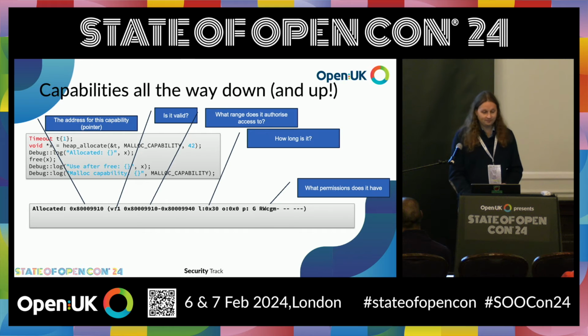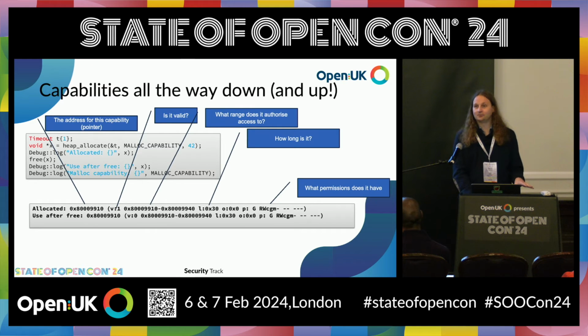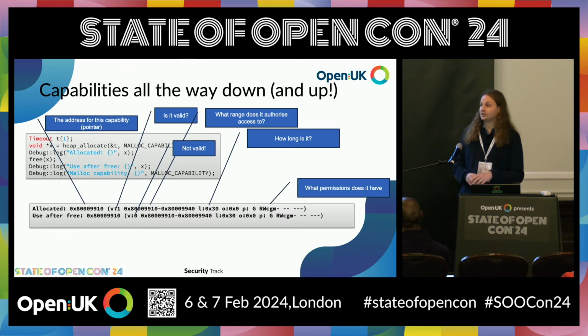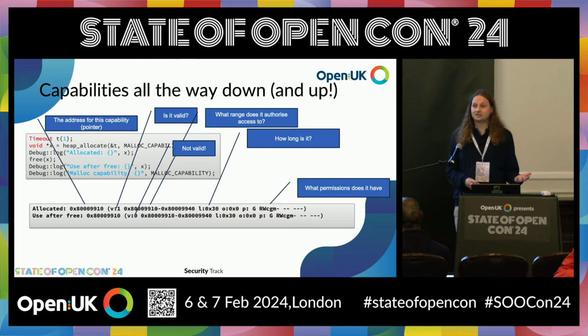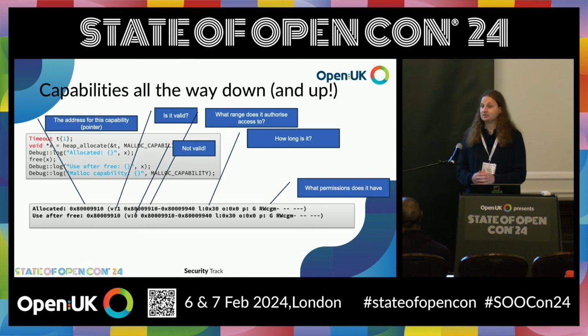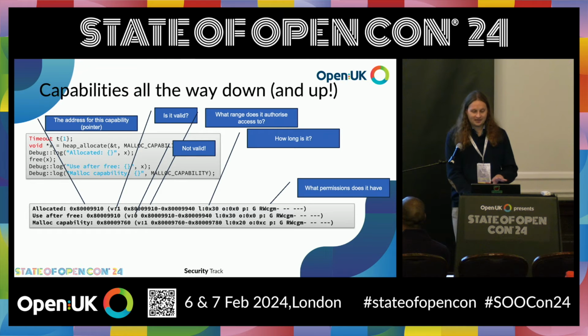So then we call free, and I won't make you play spot the difference on what's changed from one line to the next. It's really just this one bit. The hardware guarantees that after you've called free, any existing pointers that you have to the freed object will now not be valid. And that means if you use them in loads or stores or jumps or any instruction, you'll get a trap. And so that use after free that was so embarrassing for Azure RTOS is deterministically mitigated. That problem can't arise.